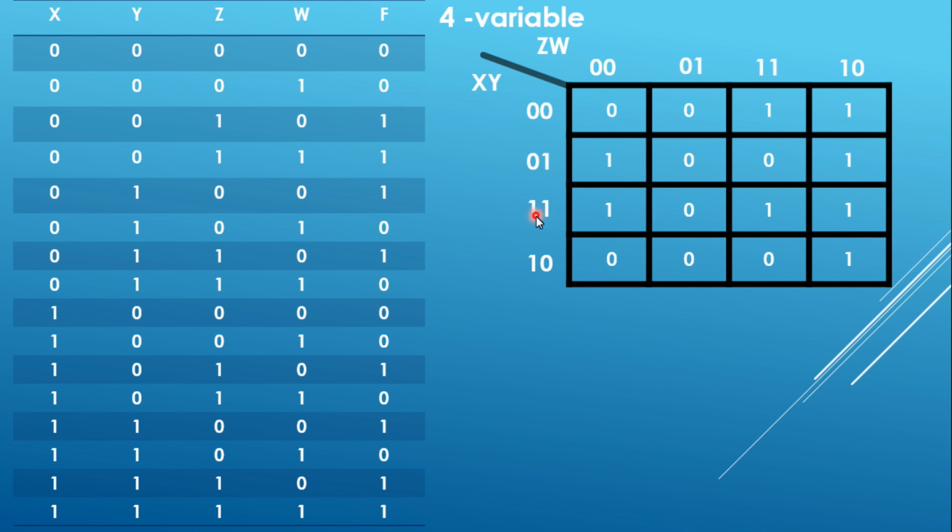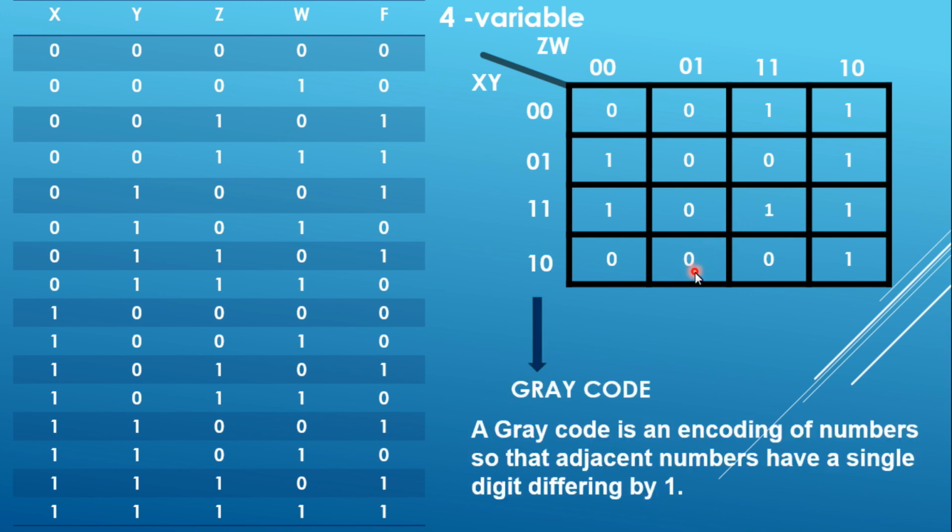Okay, again this is important that we have to put 0 0, then 0 1, 1 1 and then 1 0. This is why, because we have to follow the gray code. What does the gray code say? That when we are going from one term to another term, you have to change the term only by a single bit. Okay, let me show you this here. This is the gray code. Gray code is an encoding of numbers so that adjacent numbers differ by a single digit. Like 0 0, 0 1. After that, if I had put 1 0, so you see this 0 changes to 1 and 1 changes to 0. So it is a change of 2 bits.